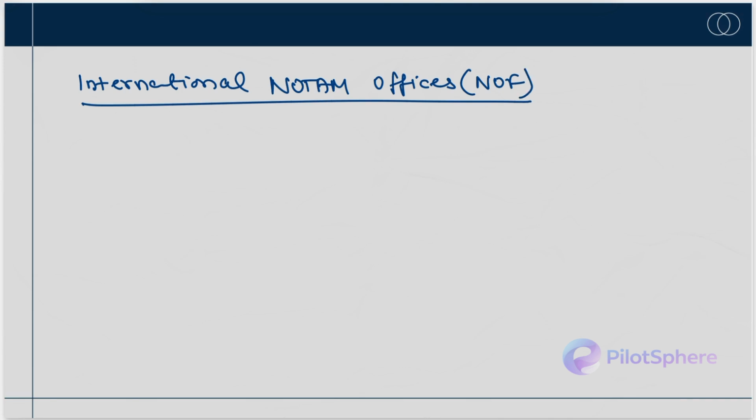You can find international NOTAM offices in Delhi, Mumbai, Chennai, and Kolkata. These four states will have an international NOTAM office.